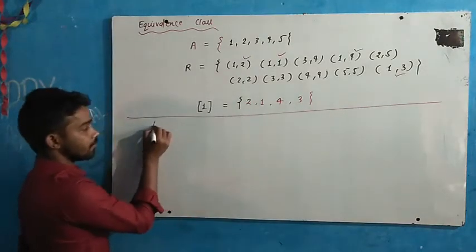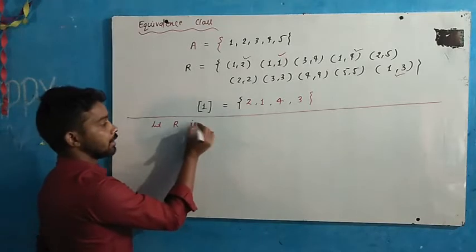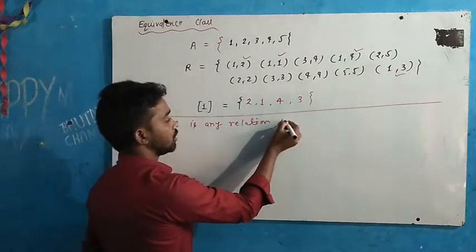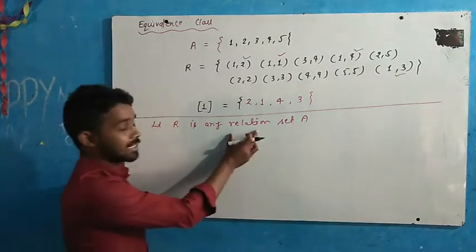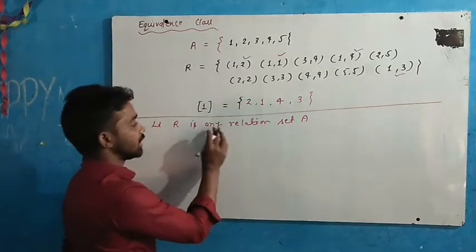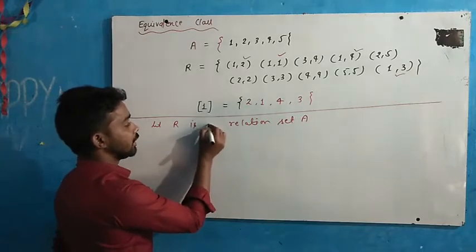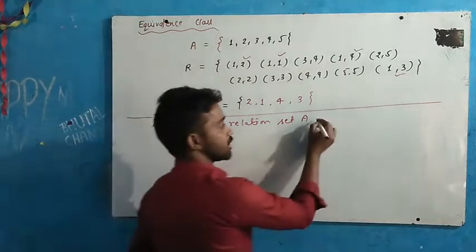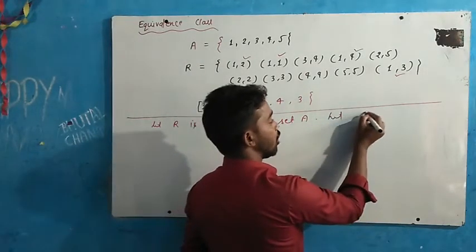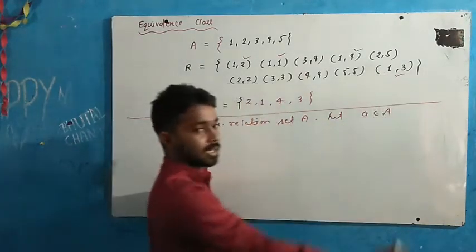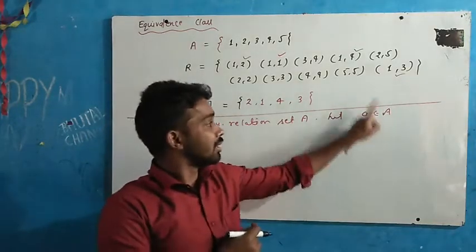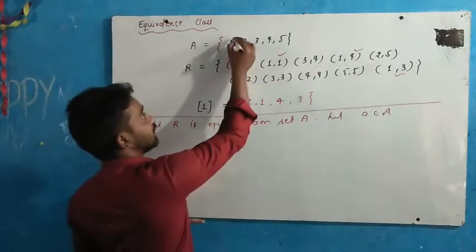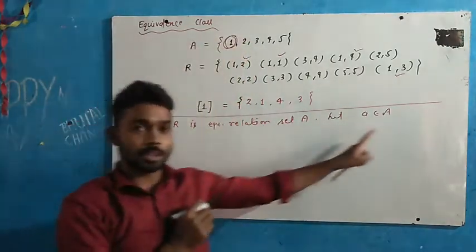Let capital R be a relation on set A, and this relation is actually an equivalence relation. Clear? So we can say let capital R be an equivalence relation on set A. Full stop. Now let small a belonging to capital A be an arbitrary element. We have taken one element from set capital A. In the example, I have taken that element as 1. Clear? Then